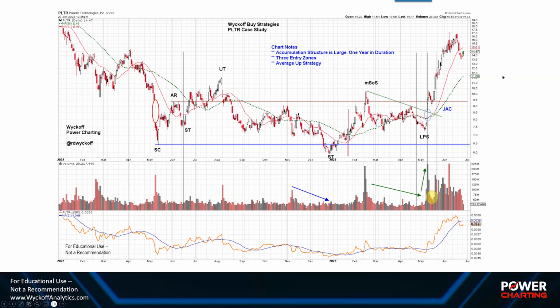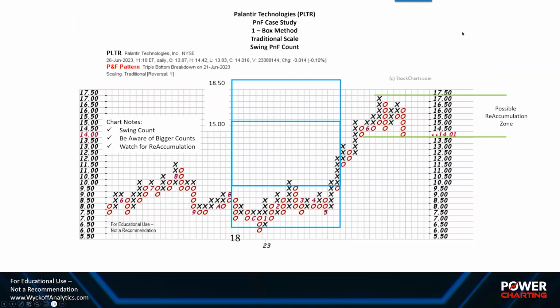So a beautiful chart structure, wonderful advance from around 9.5 here up to $17. Now we see here somewhat of a climactic surge, volume supply coming in at this level, a tail in this bar, then a test and a return back down. So what should we expect next? Here's a swing count. We'll go quickly here. We're running out of time, but a swing count here shows this objective of reaching 15 to 18.5.